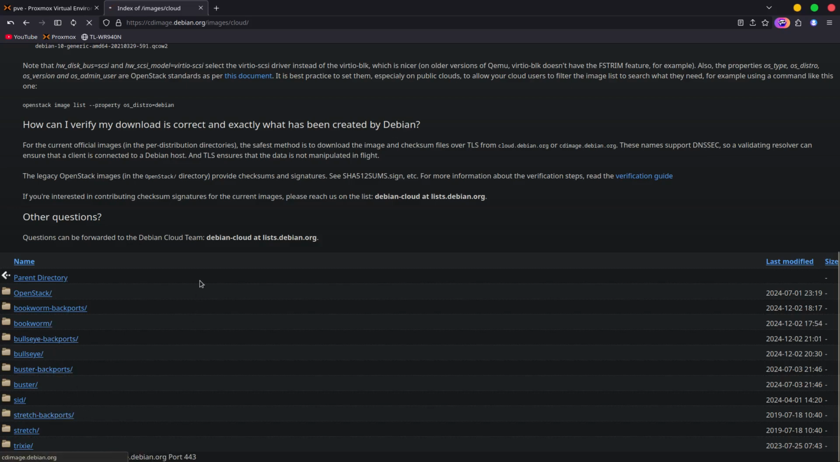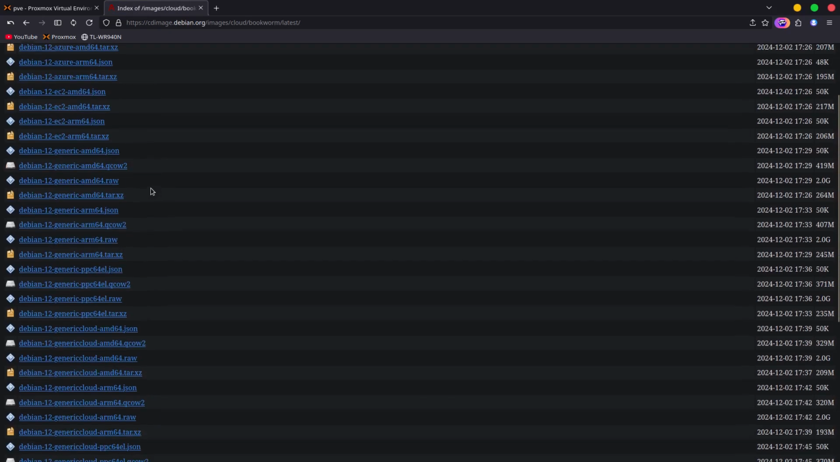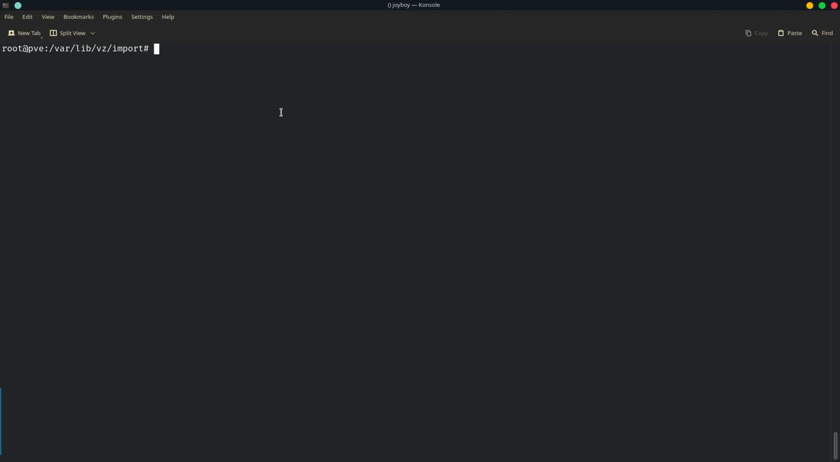I'll go with the bookworm and we'll choose the latest one. Click on latest and as you can see, we need to choose the correct architecture and correct file here. I am using AMD64 and also we need to use the qcow2 file. So copy the link of this, go to the shell and use wget or any other tool to download this